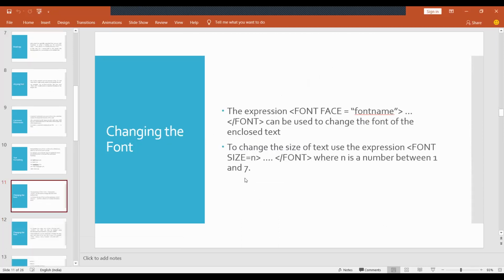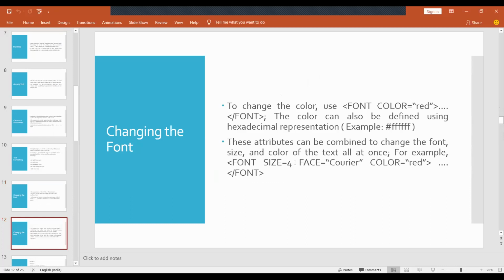Then we saw the next tag, the font tag. In the font tag we see three different attributes. The first attribute is font size, from 1 to 7, where you can take any one; 1 is a very small font, and 7 is the largest. Next we have font face, which we call the font style. Then we have font color, where you represent red, green, blue, any color name.